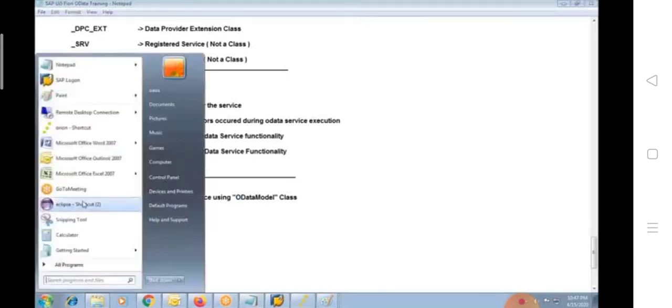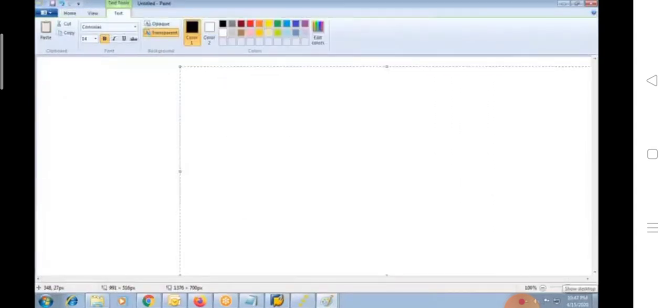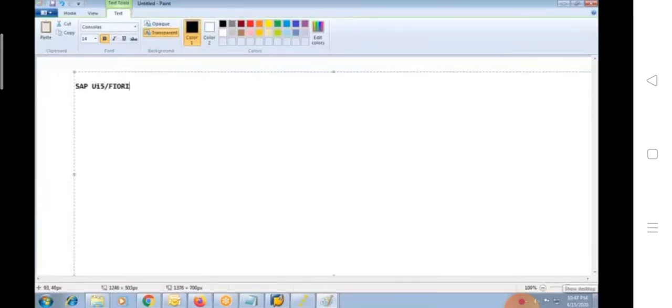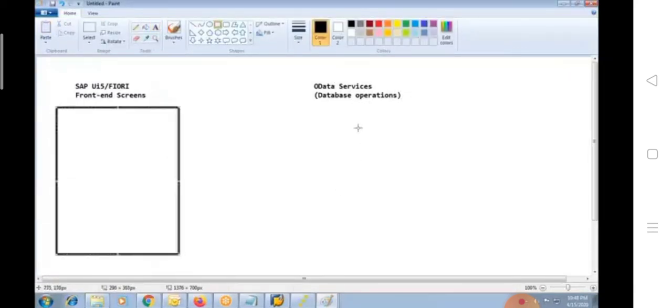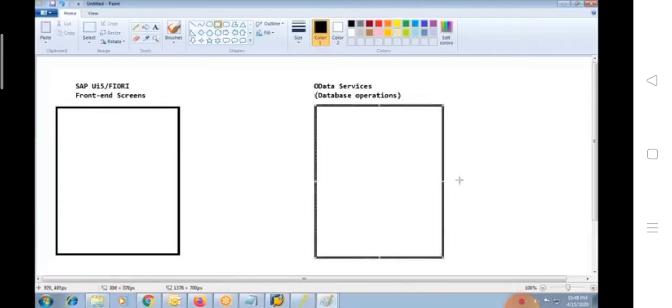So what OData is going to do is, let me just use a simple diagram here. There is SAP UI5 Fiori front-end screens or apps, and here you will find OData services, and as you know, these are for database operations. But technically, the front-end screens have to consume and access the OData services to execute database functionality.